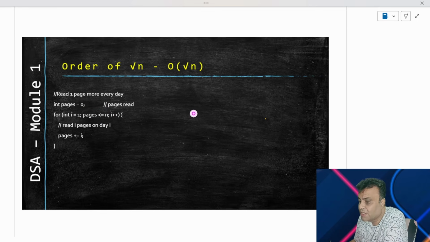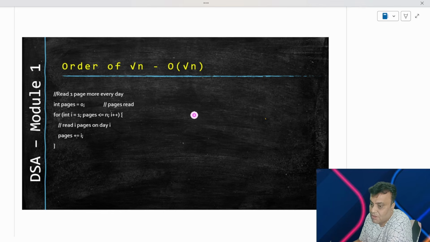You do not know how many times it will execute. And when you do not know how many times it will execute, it will either be logarithmic, exponential, or a root over. And that's what we are trying to establish here, how to see what kind of time complexity we are talking about here. So what do we have here? Let us do a count again.